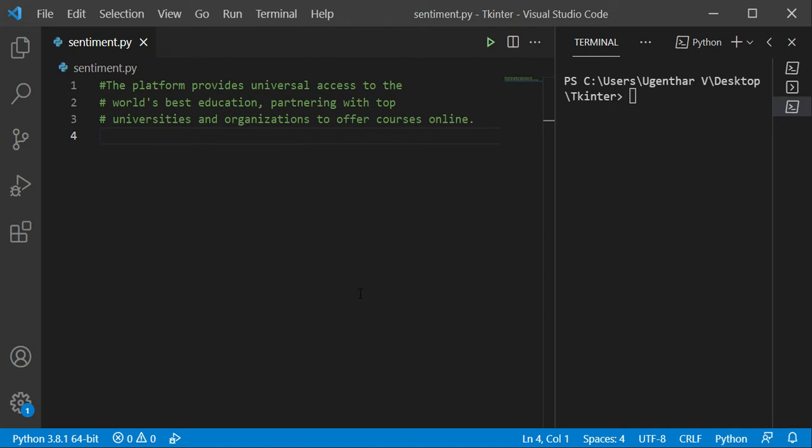You would have to read each and every sentence, but in order to solve this problem you can use sentiment analysis.